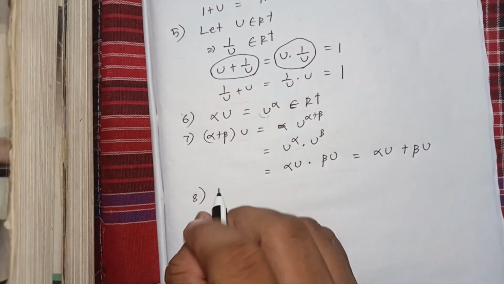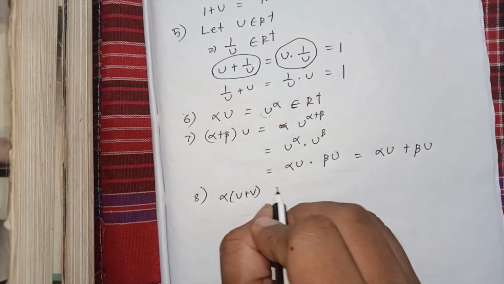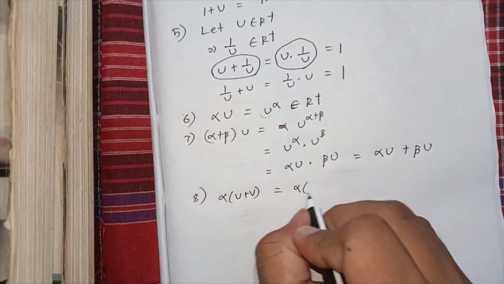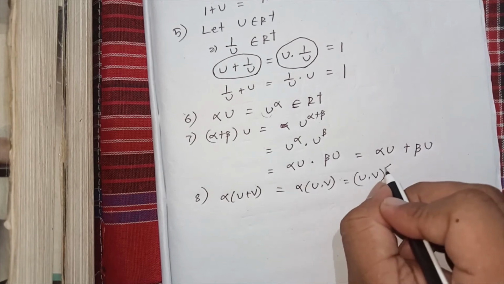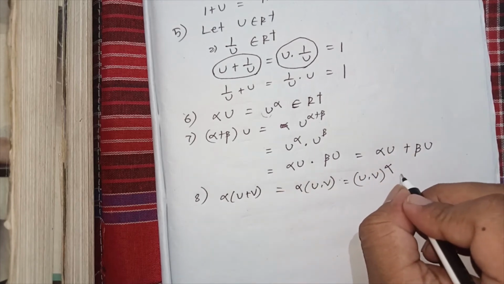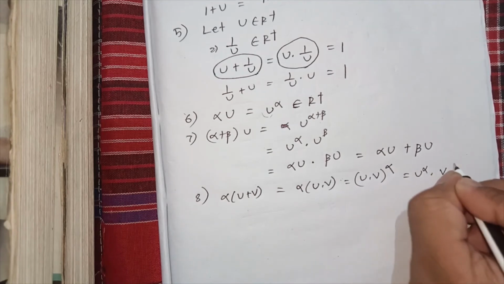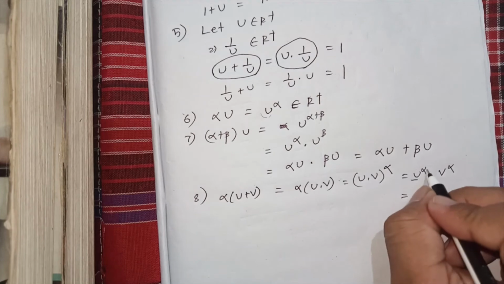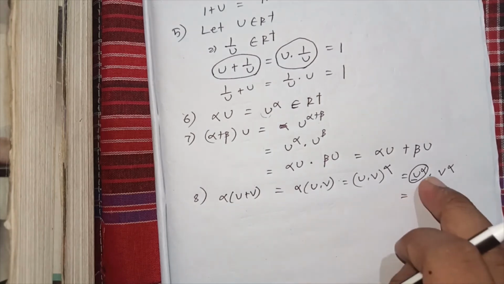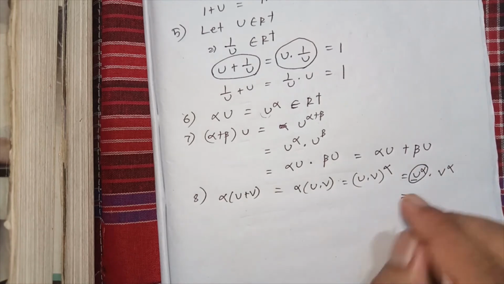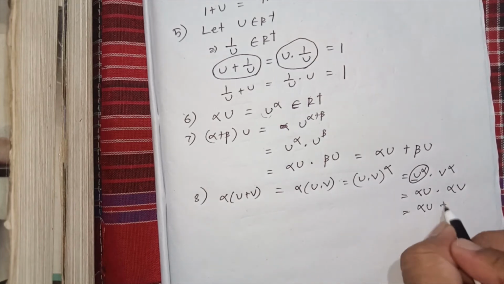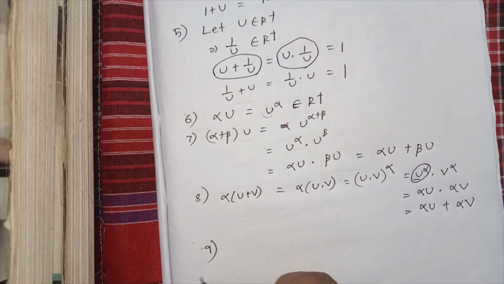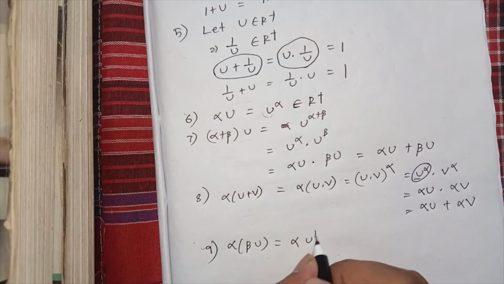The number 8 property is that alpha into u plus v is equal to alpha into u into v, and then convert this into u into v whole to the power alpha, which is equal to u to the power alpha into v to the power alpha, and then further conversion to u to the power alpha. In our given condition, if there is a power, it becomes multiply, and if multiply, it becomes a sum, so alpha u plus alpha v. Then number 9, that alpha into beta u is equal to alpha u to the power beta